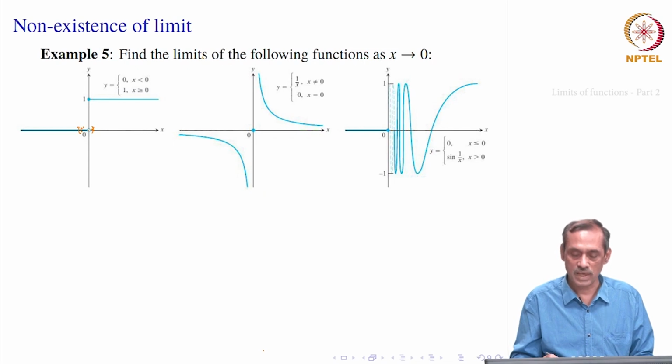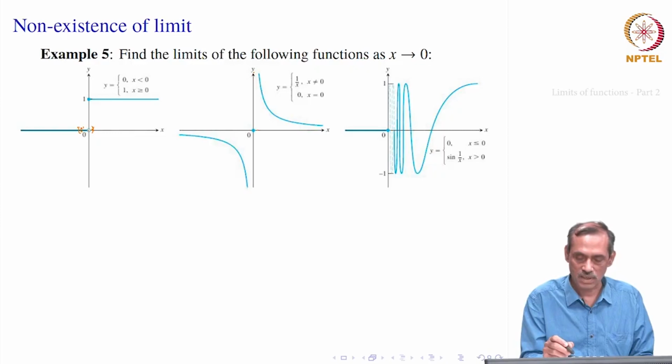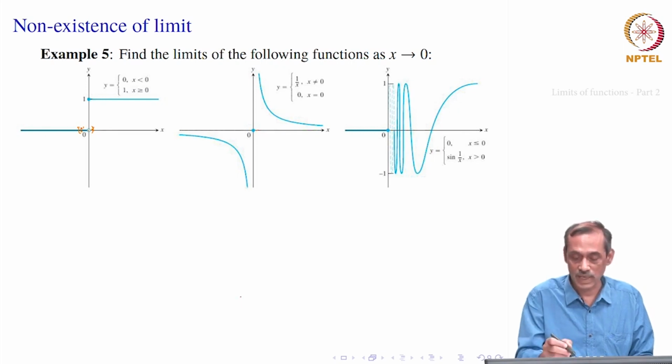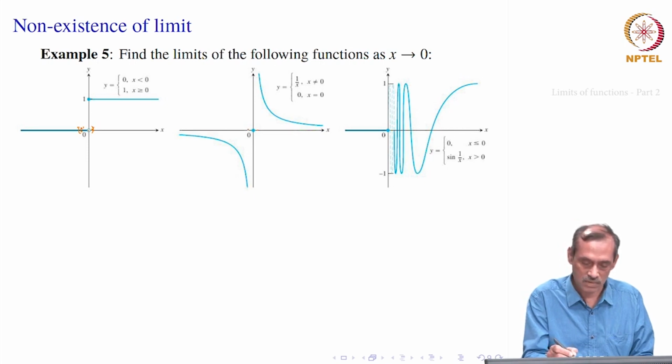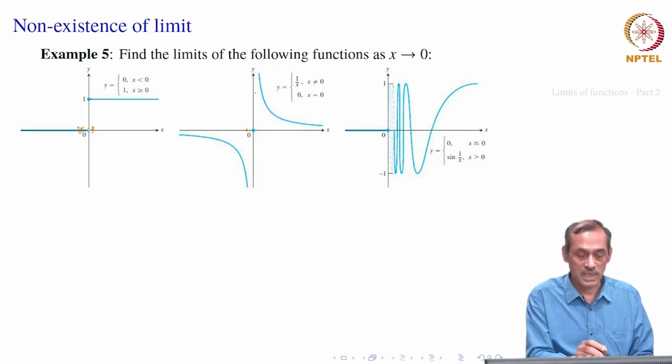Okay. So, what happens when x is near 0? When x is near 0 on the right side, you see that I can make it as large as possible. That means, if I want my f of x to be bigger than 100, I will choose x to be smaller than 1 by 100. So, I can make it larger and larger, as large as possible really. And on the left side, I can make it as small as possible. Suppose I want it to be less than minus 10, I will take x between minus 1 by 10 and 0. So, that is how it does not have a limit,